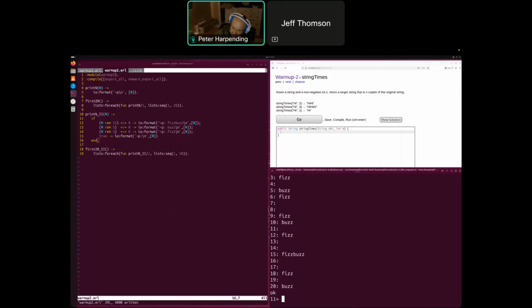So let's try doing stringTimes, and let's see if you can figure it out. Given a string and a non-negative int n, return a larger string that has n copies of the original string. Okay, so what I would suggest, this is what I do when I write functions,